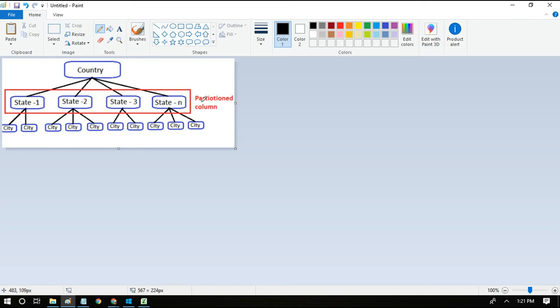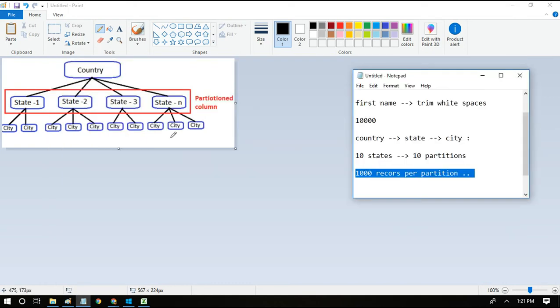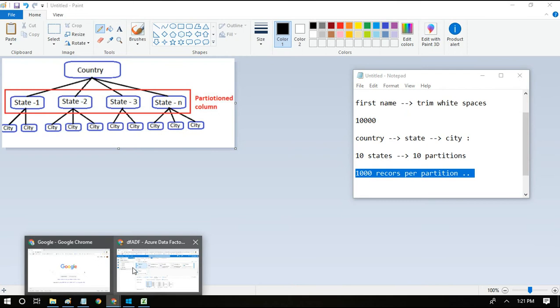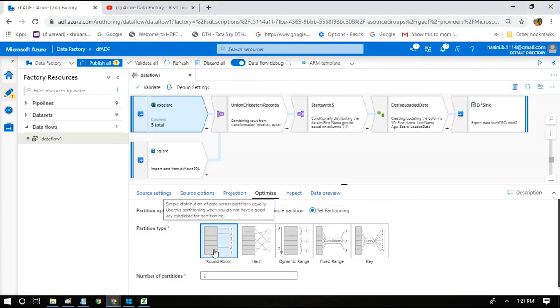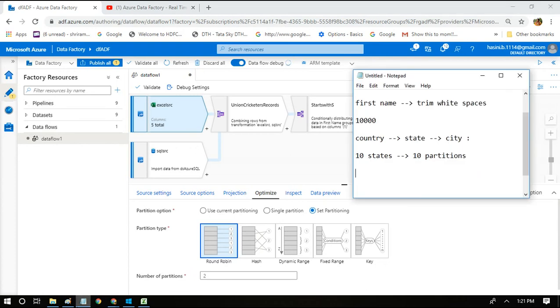Okay, if there are n states, there will be n partitions. Okay, coming back to the available partitioning options. There is round robin, which is the simplest form of partition. Okay, round robin in the sense what? We have